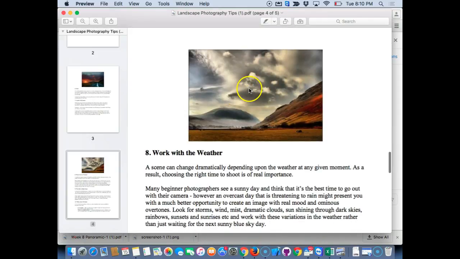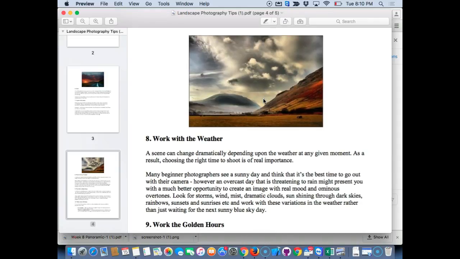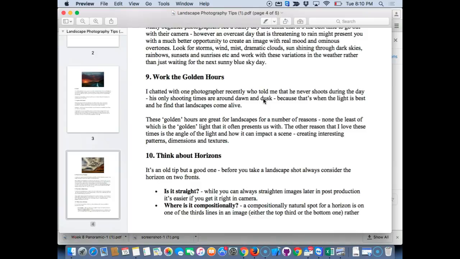Here's an example of a cloudy sky. We've got a number of them coming up. So use it to your advantage for nice landscapes around where you live and work. And then golden hours. I've already talked about horizons, so we'll end on golden hours in the discussion here. Golden hours is basically the early morning or dusk time, and it's important for landscape because it makes things just look more interesting. Patterns come through, light comes through. And I'm going to end this